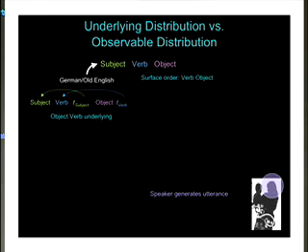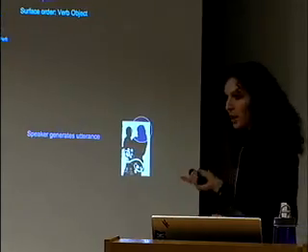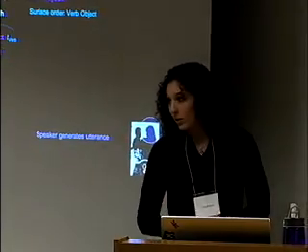So, for instance, the speaker is going to generate an utterance, right? They're going to use, in this case, maybe an object-verb order to start out with, but there are movement rules that happen in addition, because this is part of a system of generating the observable word order. So the output of this system, though it started with object-verb order, is in fact subject-verb-object. The output of the system is actually verb-object on the surface.